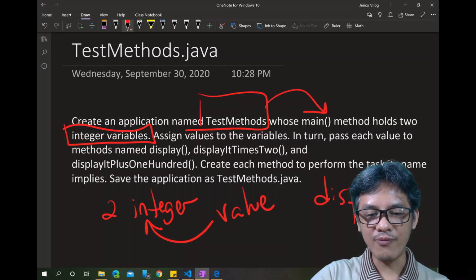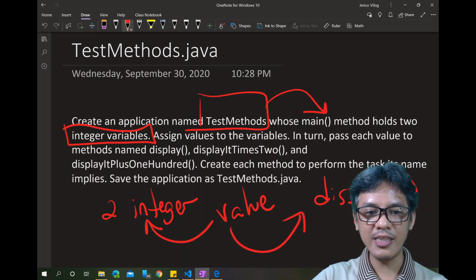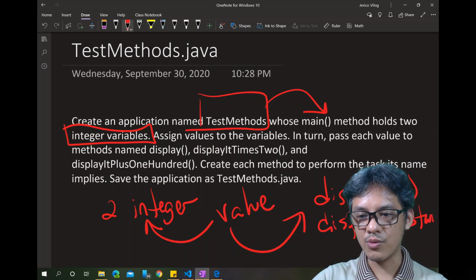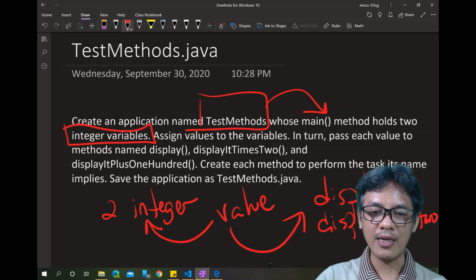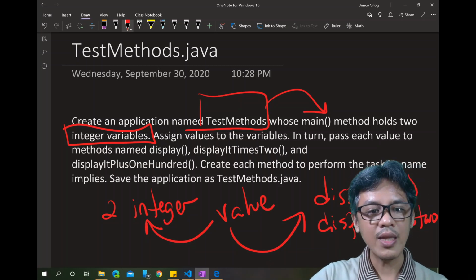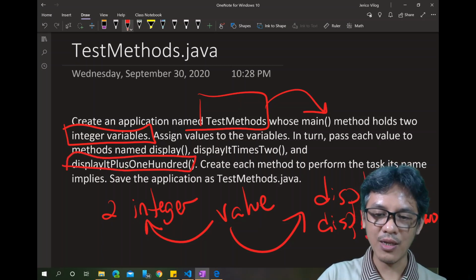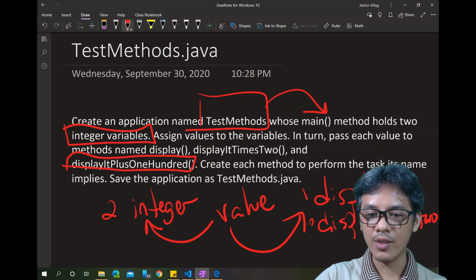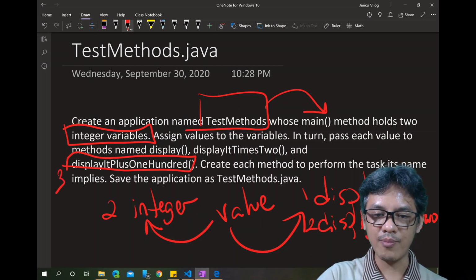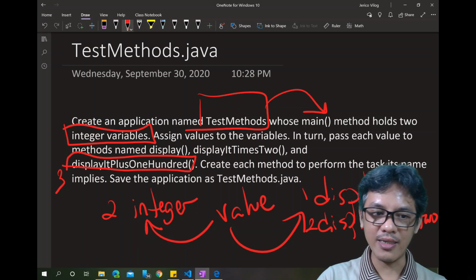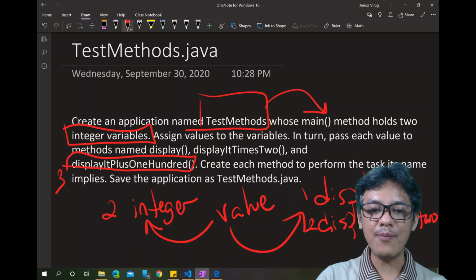display. Yung value na yan, ipapasa natin kay display. And display times 2. Okay. Display times 2. So, yan yung dalawa nating method. At yung pangatlo is display it plus 100. So, yun yung pangatlong method. So, 1, 2, and third method. Create each method to perform the task its name implies. Save the application as